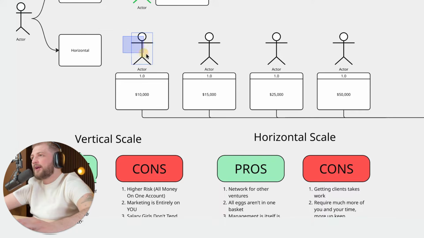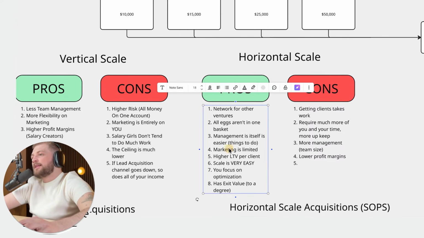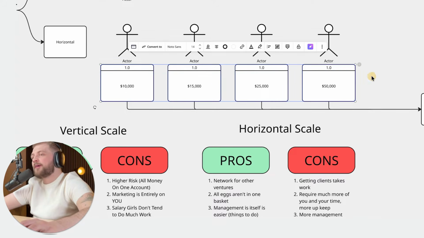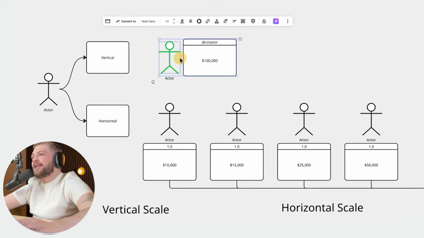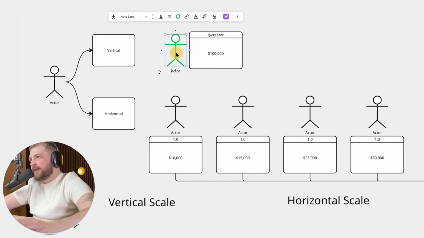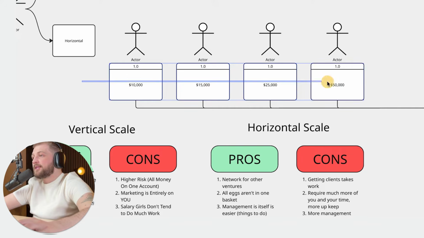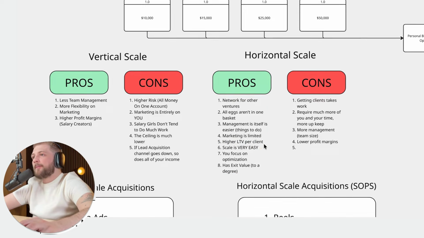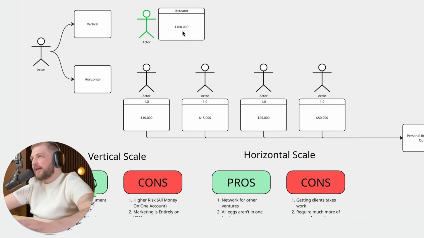On the other hand, these creators are already making money, which means they already have brands and they already have fans coming in and they already have traction, engagement, and sales. You do not have to do very much, such as the marketing is incredibly limited because you do not need to provide marketing acquisitions to these creators the same way that you need to provide marketing acquisitions to this creator. Let's say you provide SOPs to these creators, okay? If you provide an SOP to this creator, they're not going to do anything because they're not getting paid enough to do so. But over here, you can simply just provide SOPs and then these creators will do all the work themselves, okay?